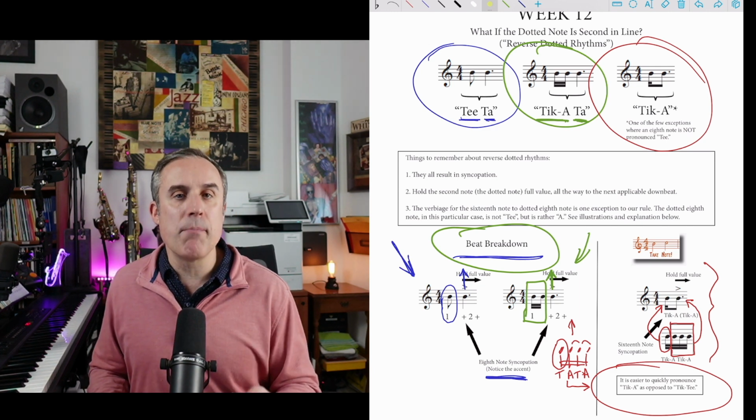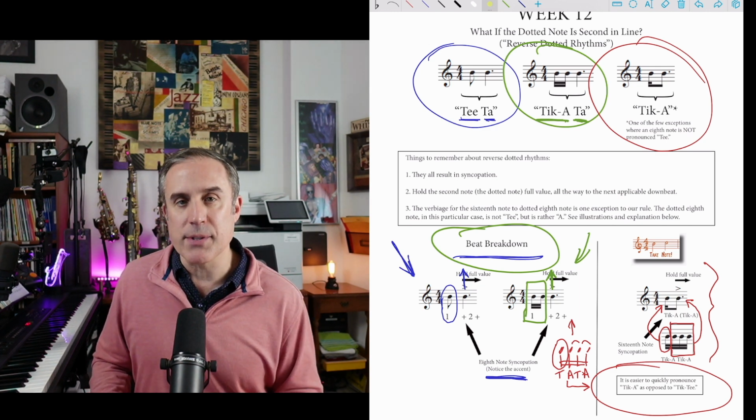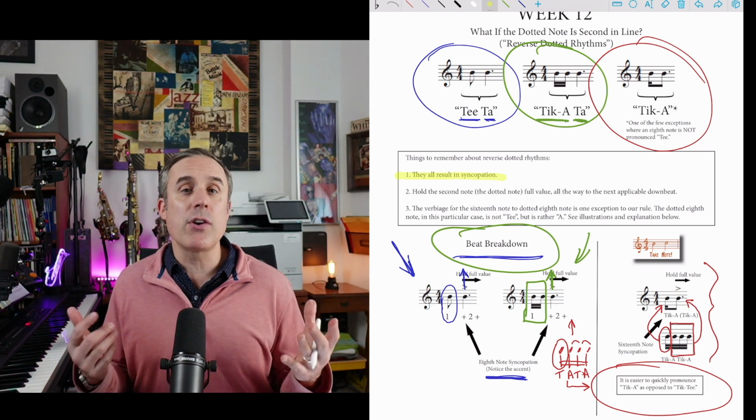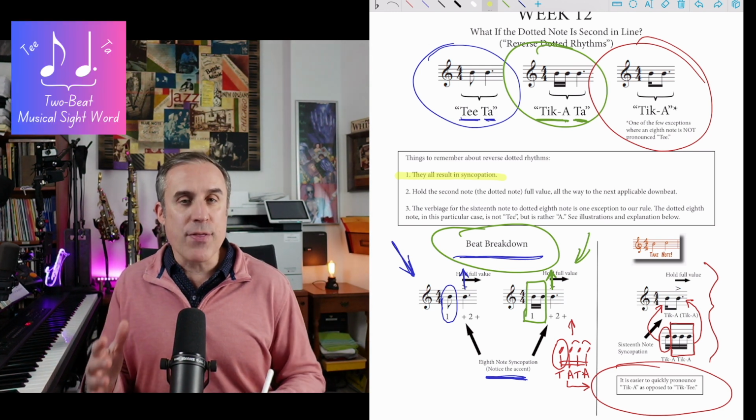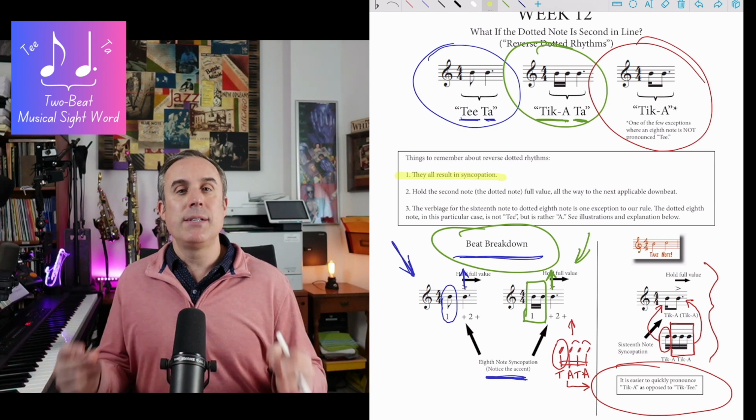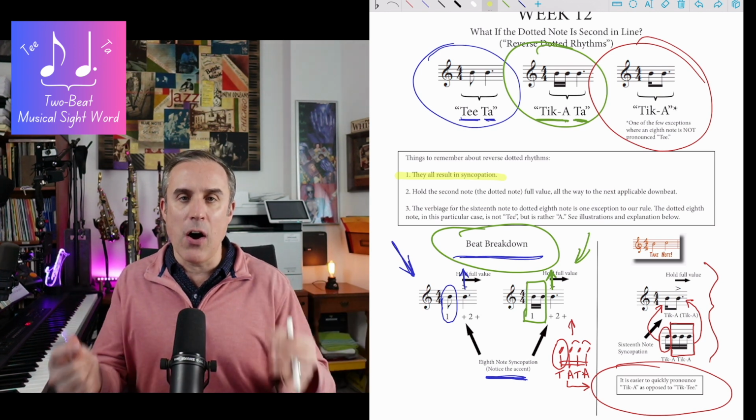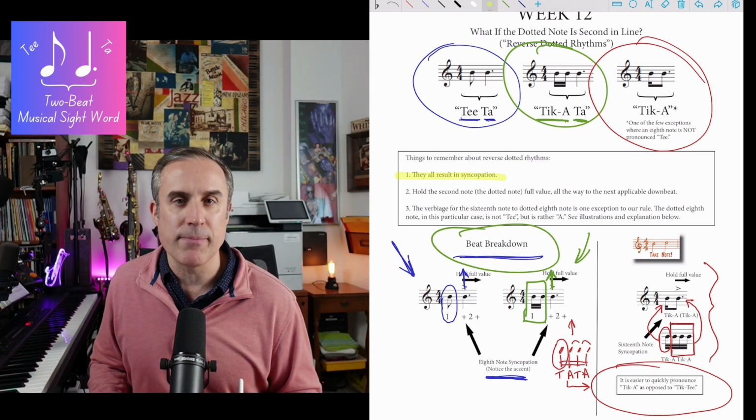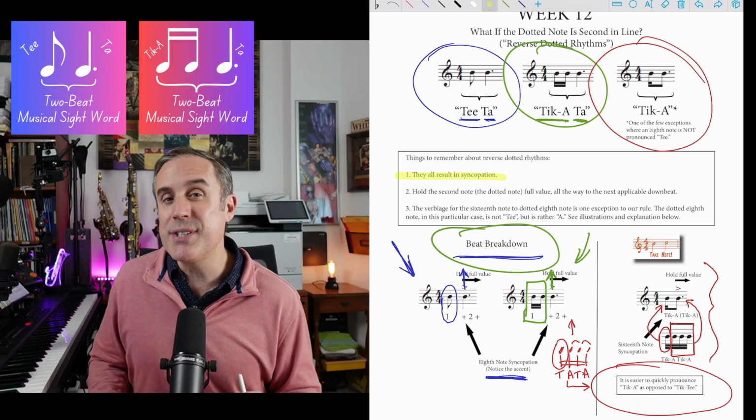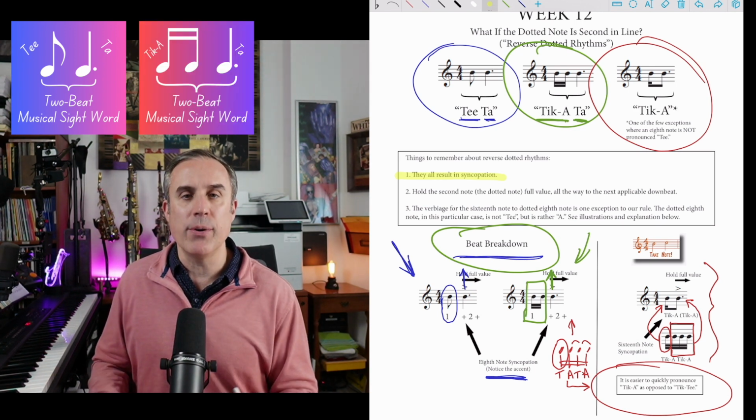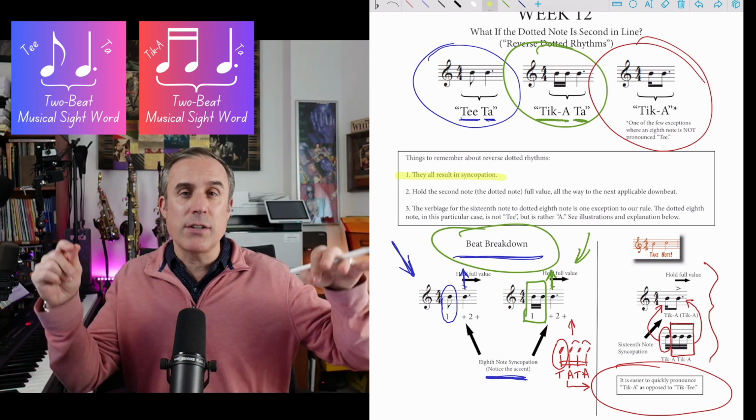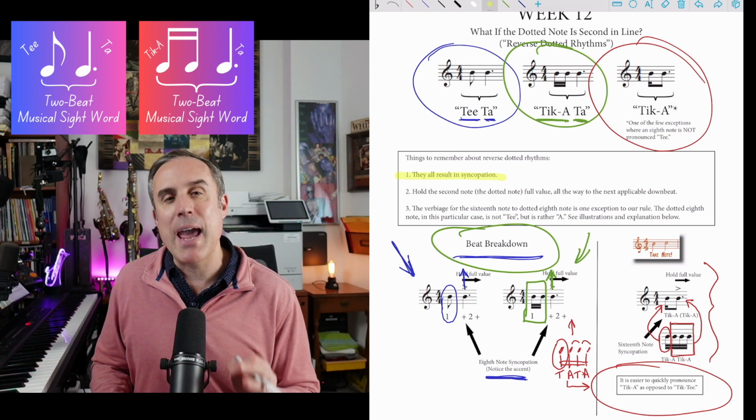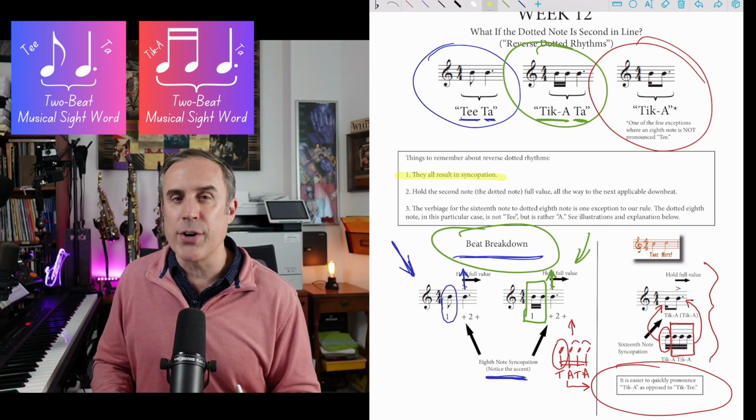These are things to remember about reverse dotted rhythms. Number 1, they all result in syncopation. So let's look at our 3 patterns today. We have the 8th note going to the dotted quarter note. Teet-ta, teet-ta, a 2-beat rhythmic pattern that results in 8th note syncopation. Our second motif, 2 16th notes going to a dotted quarter note. Tik-A-ta, Tik-A-ta, another 2-beat rhythm pattern that results in 8th note syncopation because that dotted quarter note comes in on